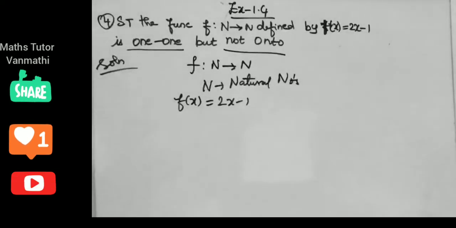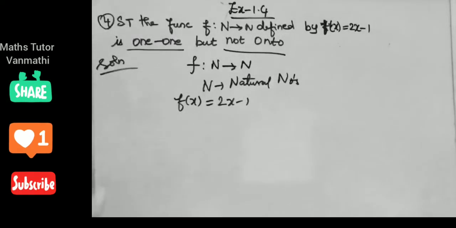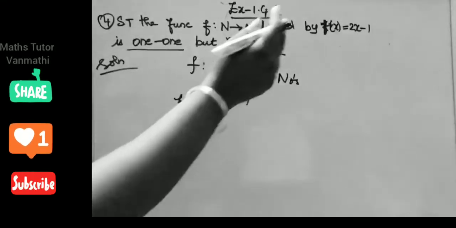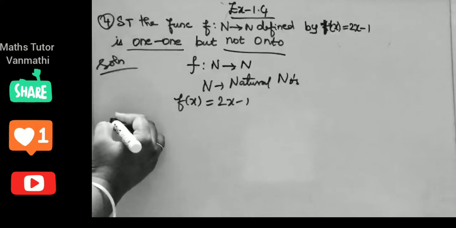Like the previous example we have to show, but in that example they had given the ordered pairs. So now we are going to find the ordered pairs first, to map the elements, and then show whether it is 1 to 1 or it is not onto. Like that we have to show. First we can find the values of f of x. So N is your natural numbers, so starting from 1.